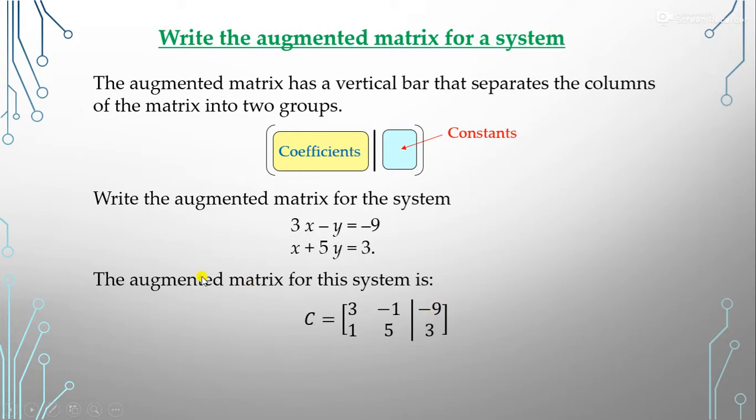So this is our augmented matrix, and we can represent it by, suppose, C. This matrix is A, and this is B. So our augmented matrix C is equal to the matrix A, vertical bar, B. For further discussion, remember that when we talk about C, it means the augmented matrix, the combination of A and B.